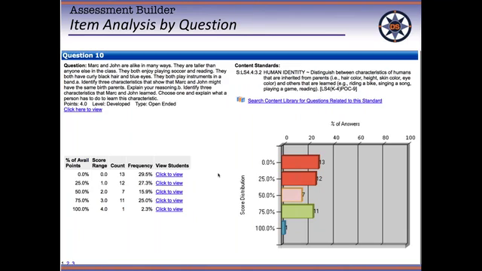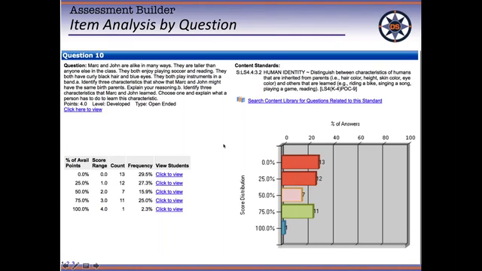This is an item analysis by question report too. This is non-multiple choice, just like you asked, Karen. What you can see here is one student got all the possible points, and this question had 4 points. Here's the question. I can click on it to see it. So one student got all of the points. 11 students got 3 points. 7 got 2 points. And quite a few students got 0 or 1 point, which we know is not uncommon on these open-ended questions.